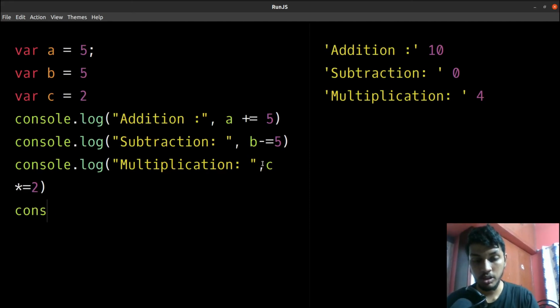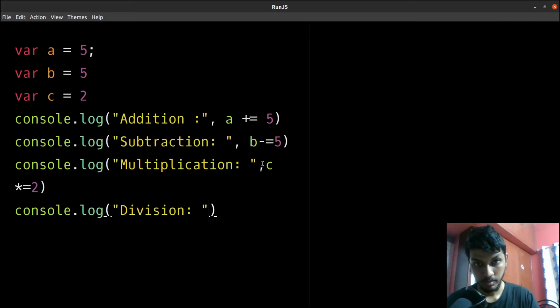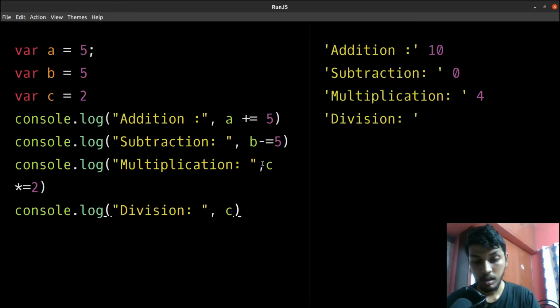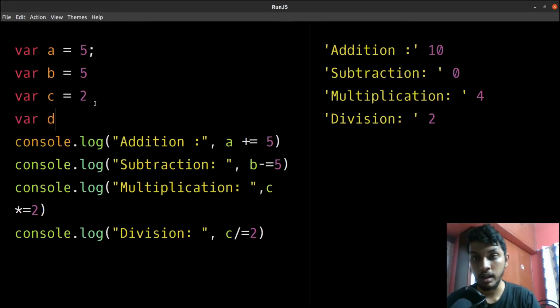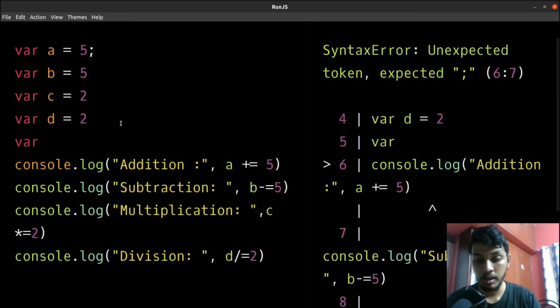Now let's look at division. Console.log division. c divided by equals 2 and that gives you 2. It's just similar to the subtraction example. So for even more clarity, let's just say d equals 2 and now let's just say d divided by equals 2 and that gives you 1. Now let's look at the modulo operator and let's just declare a new variable e